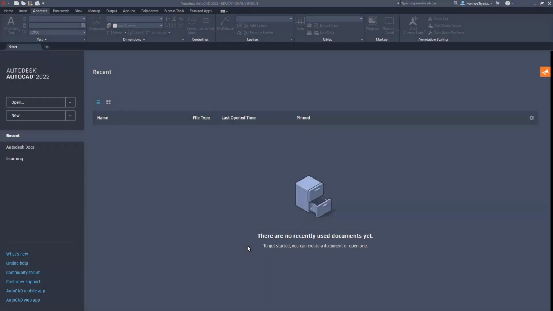Okay, so this is AutoCAD. It's launched, and this is the opening screen, if you will. Yours should look similar to mine. Before I get into the interface itself, I do want to point out down here in the left-hand corner, there are some links. This one says what's new. So if I click on that link, and I'll do that right now,